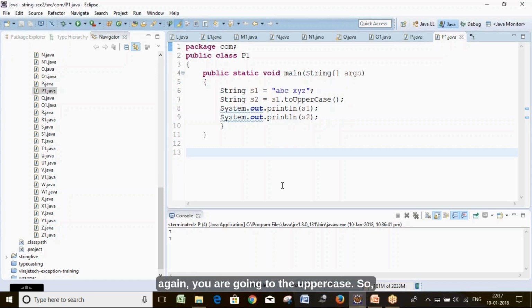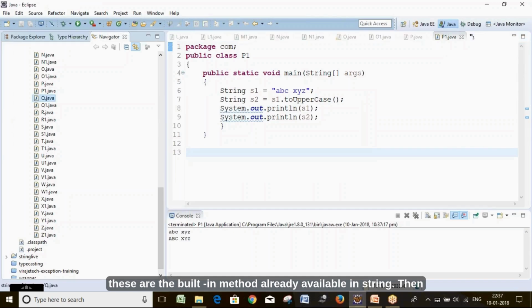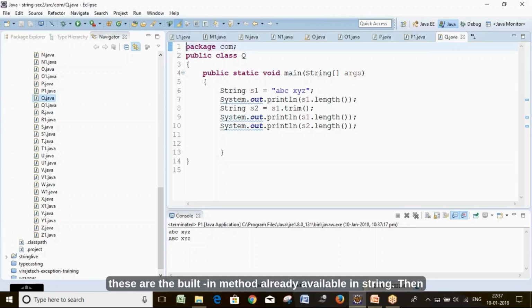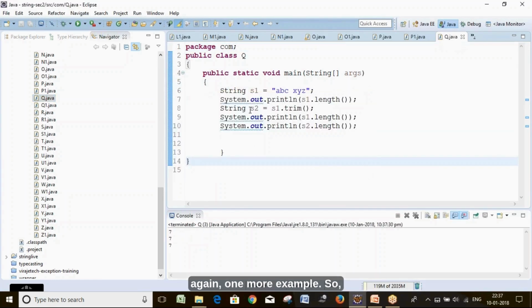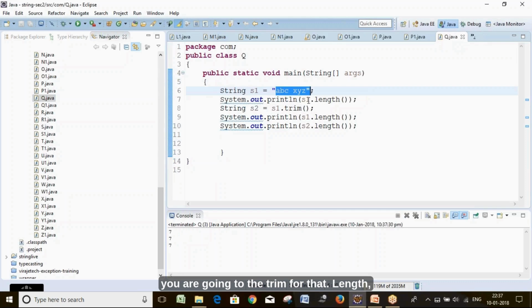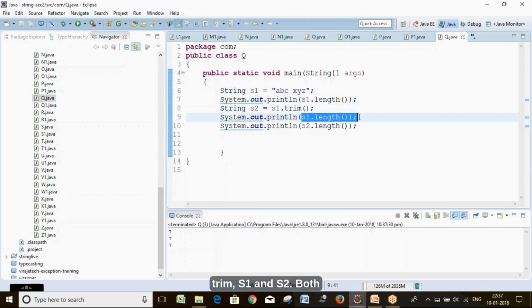Now again you are going to uppercase. These are the built-in methods already available in string. Then again one more example, trim. For that length, trim s1 and s2, both will be 7.